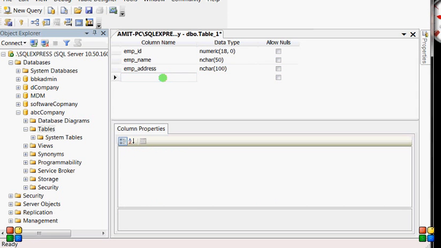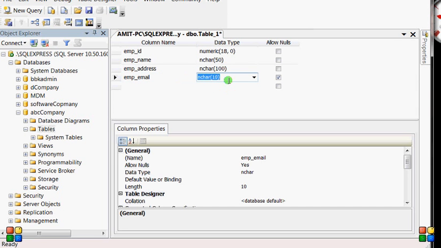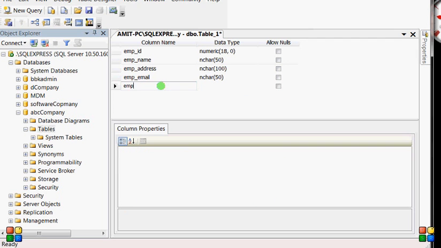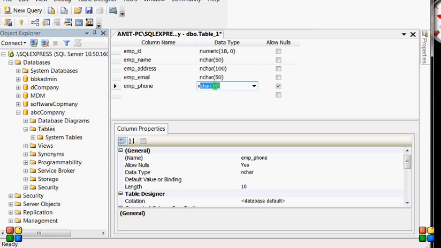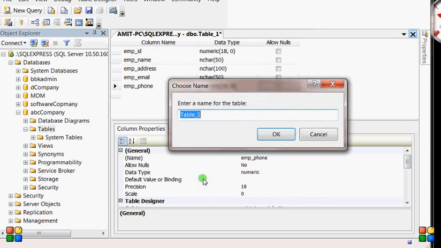So employee email, and finally employee phone number. Phone number will also be numeric. So this is our employee detail table. So just put the name of the table.